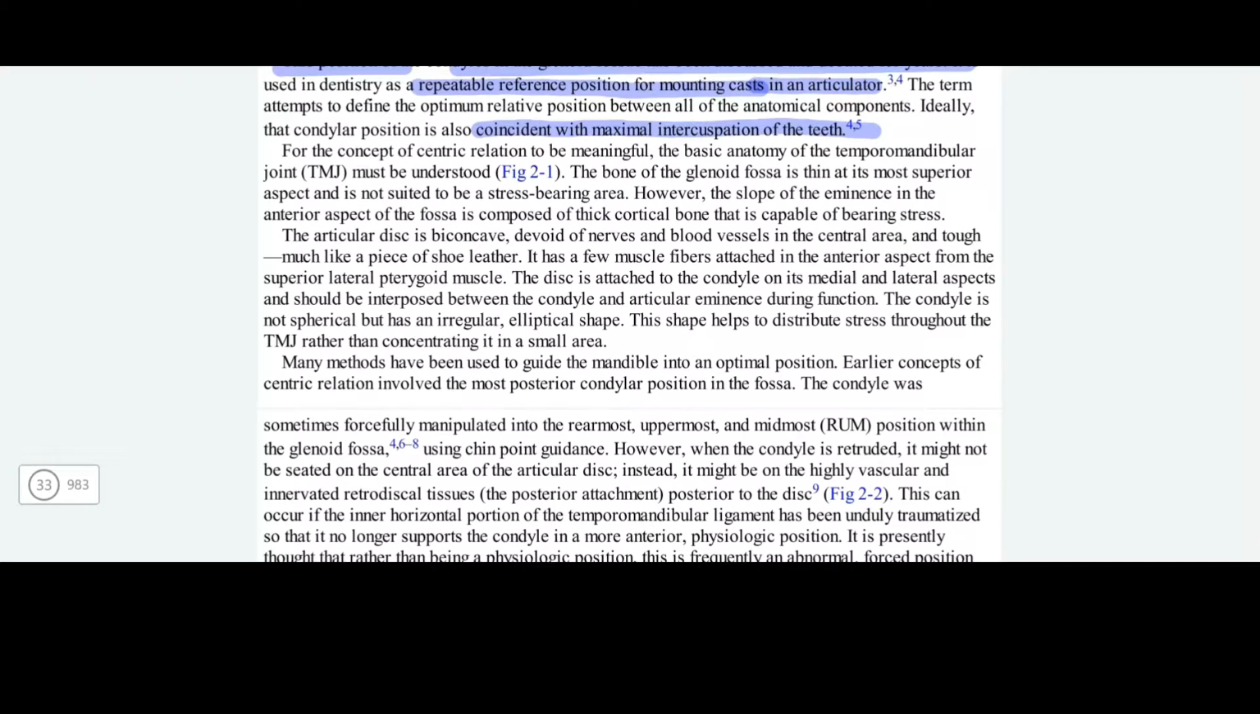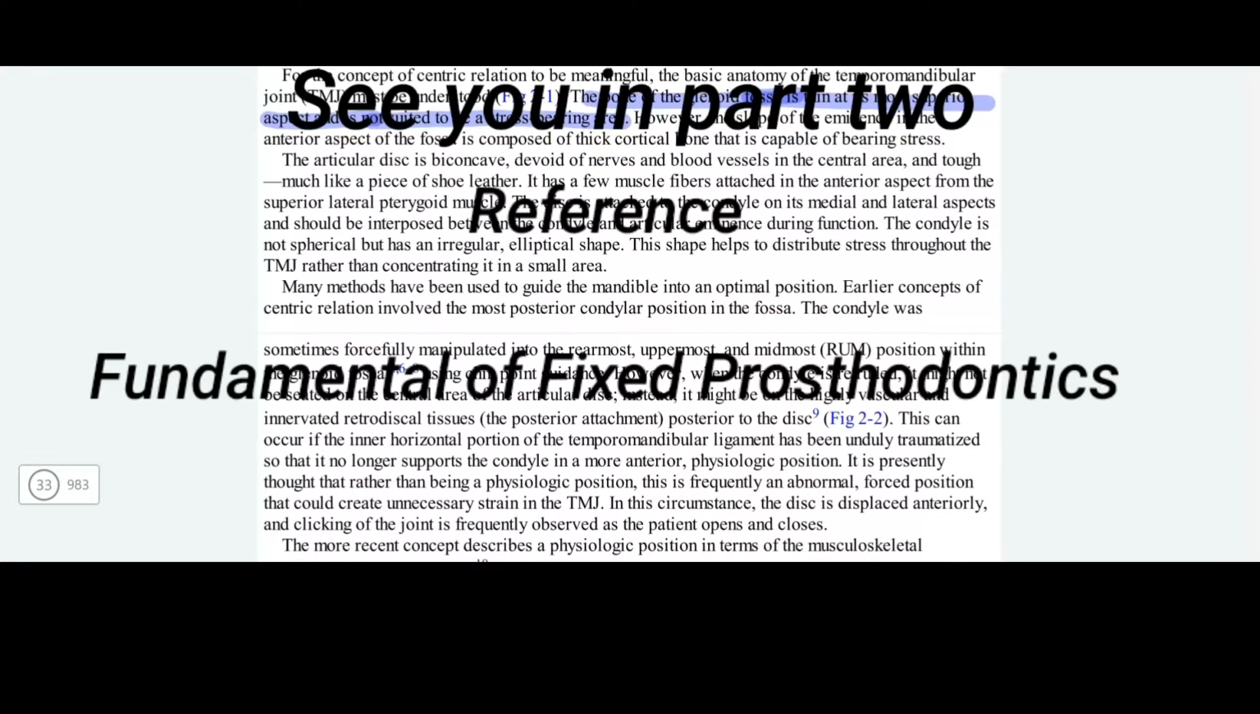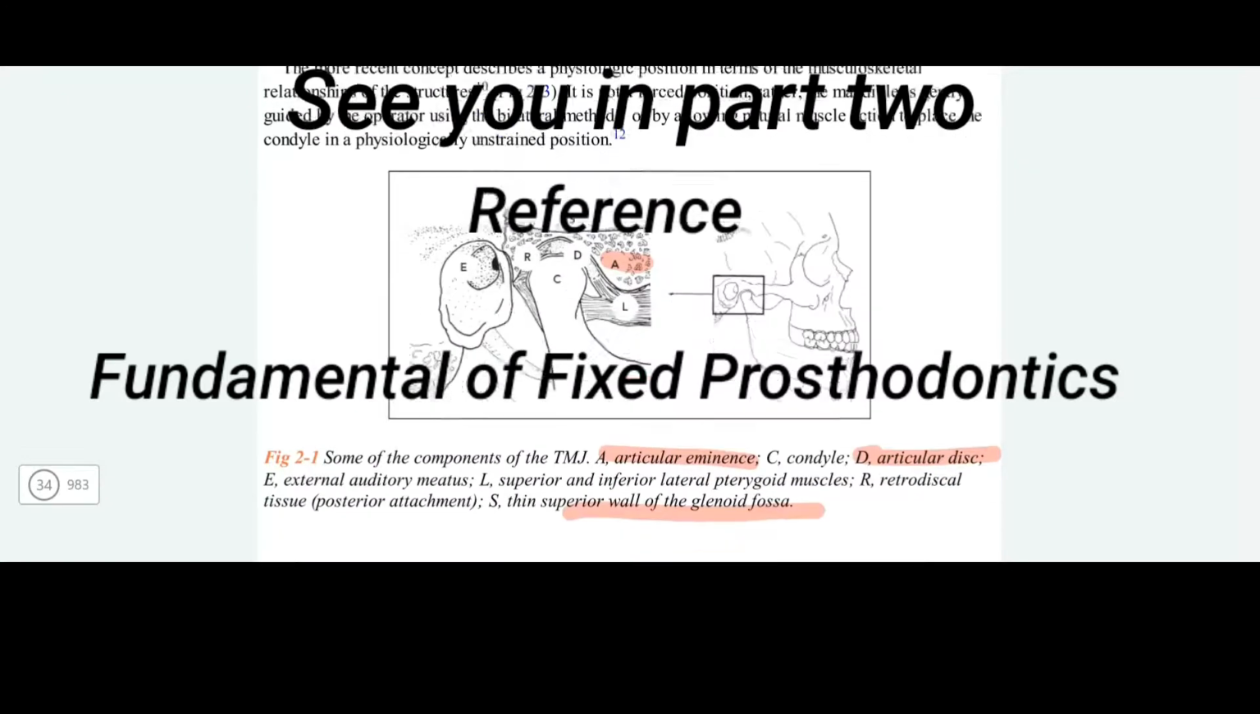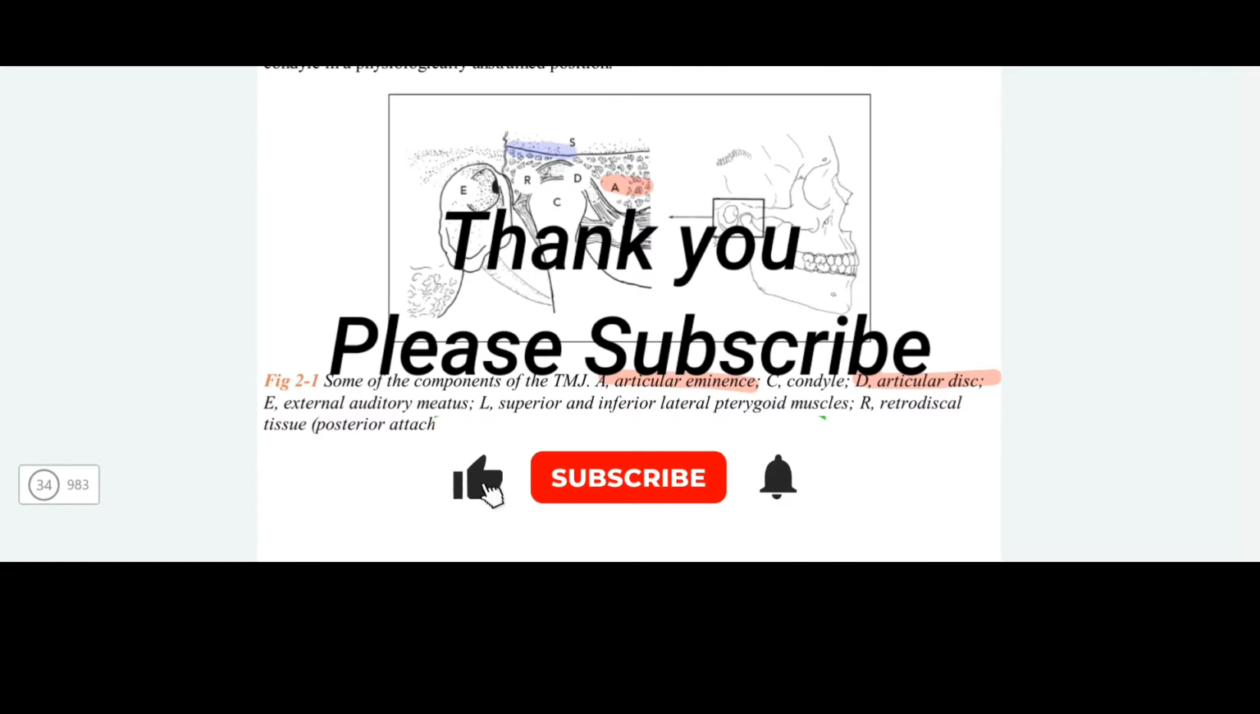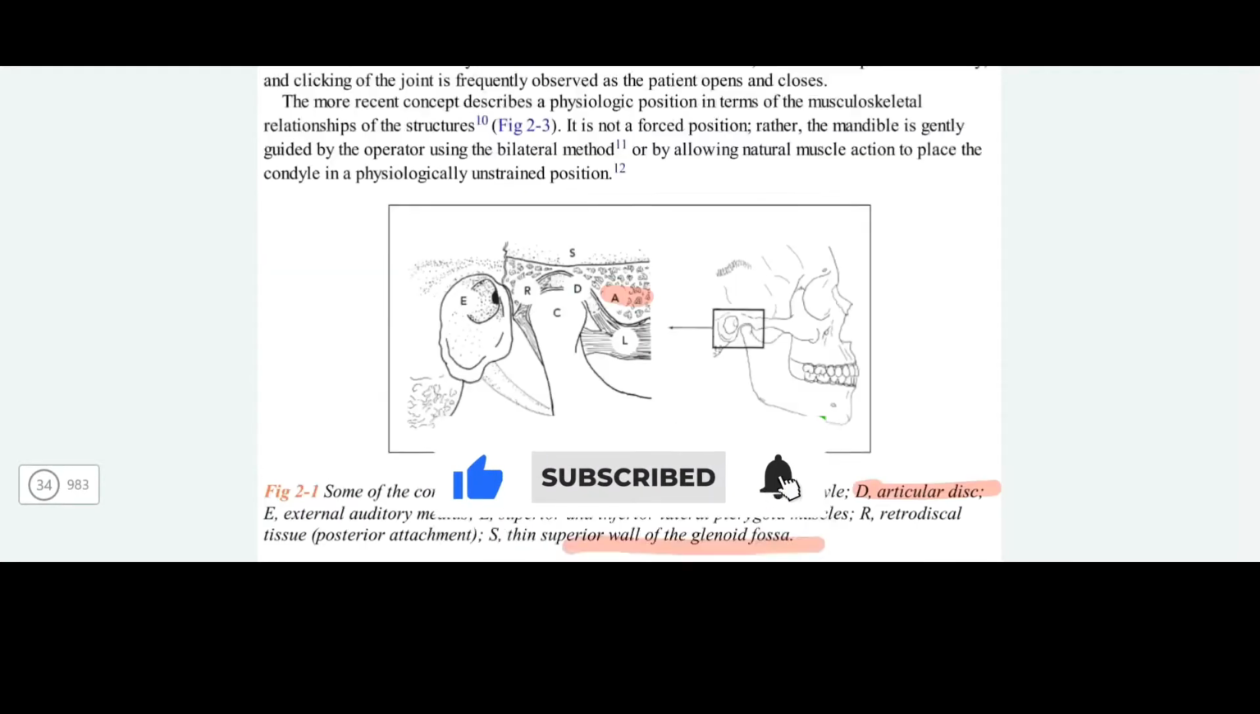For the concept of centric relation to be meaningful, the basic anatomy of the temporomandibular joint must be understood. The bone of the glenoid fossa is thin at its most superior aspect, and it's not suited to a stress-bearing area. So the bone of the glenoid fossa is very thin at its most superior aspect. We look at here: this line is very thin, so it's not bearing